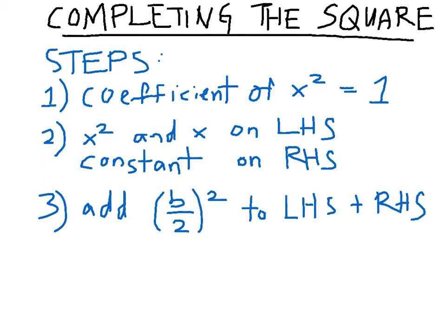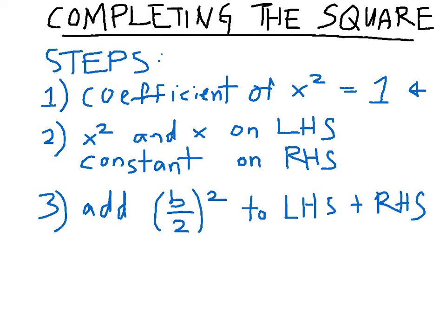Next, if the factorization method does not work, you can use the completing the square method to solve the quadratic equation. There are several steps in using this method. Step 1, you need to make sure that the coefficient of x squared is equal to 1. If the coefficient of x squared is not equal to 1, you need to divide both sides of the equation, the left hand side and the right hand side, by the coefficient to make x squared